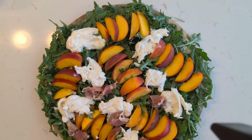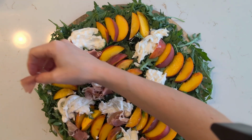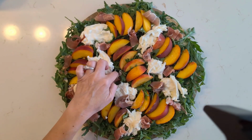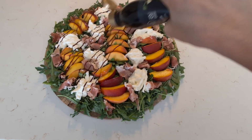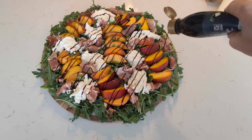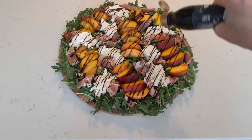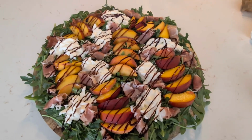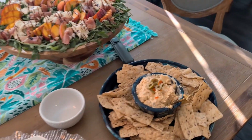Next, I'm adding prosciutto slices that I have taken pieces, and I'm just rolling them and sticking them in between the peaches and the cheese. The final step is to top this all off with a nice drizzle of balsamic glaze. That's going to give it that perfect tanginess and balance with all these flavors. So we've got salty, creamy, sweet from the peaches, tart with this wonderful glaze,